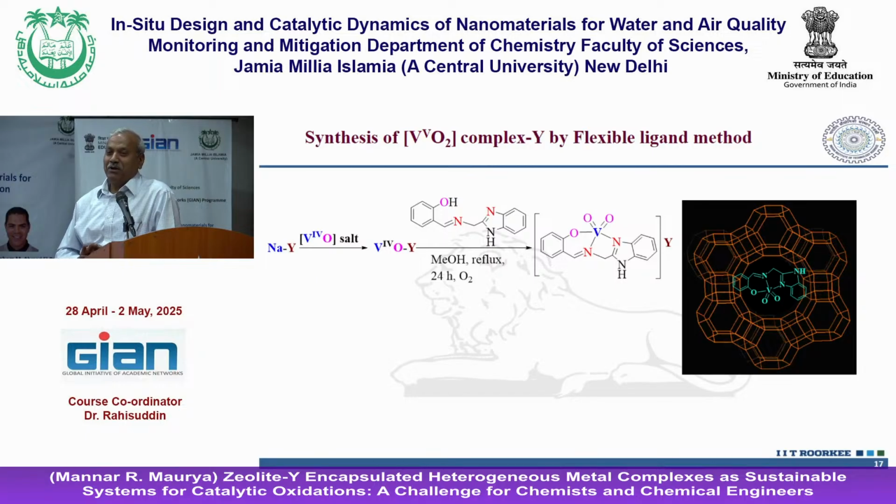Okay, paramagnetic versus diamagnetic, because characterization of diamagnetic becomes a little easier. So we have used air. Vanadium 4 is oxidized to vanadium 5 and the ligand attaches there, forming V double bond O, V double bond O, two oxo groups attached. It can be seen this way: vanadium complex encapsulated within the zeolite. Characterization becomes a little easy because two cis bands can be seen very easily